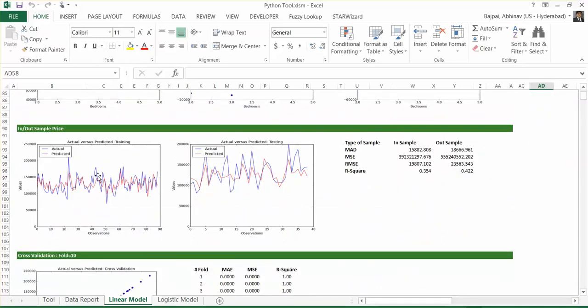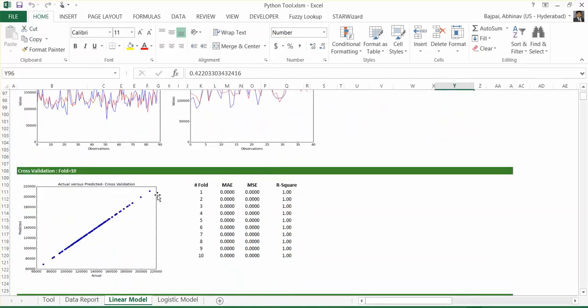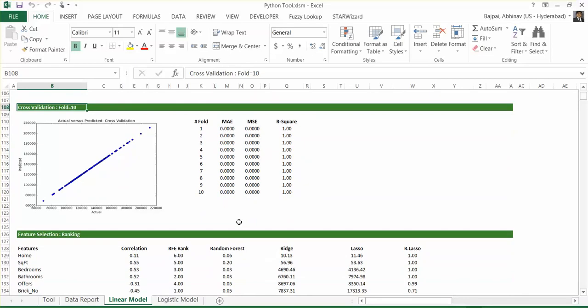Now we have the in-sample versus out-of-sample predictions here. This is showing the graph wherein we see the prices of the houses, and we see our observations plotted against what we have in the predicted. We don't see that it's a very good fit. And similarly, the out-of-sample result looks exactly the same. There is a small improvement on the R square terms, but still if you look at the graph, you will interpret it the other way. Now cross validation is one way wherein we divide the sample multiple times. Here I've chosen 10 options, and accordingly we create it. As of now, I'm still working on this particular part.